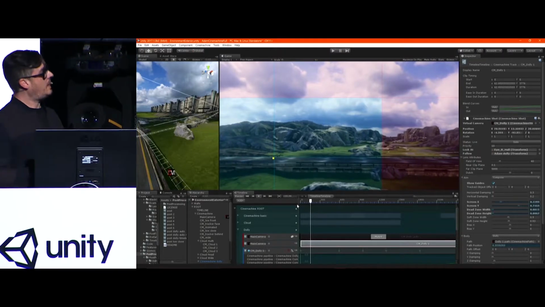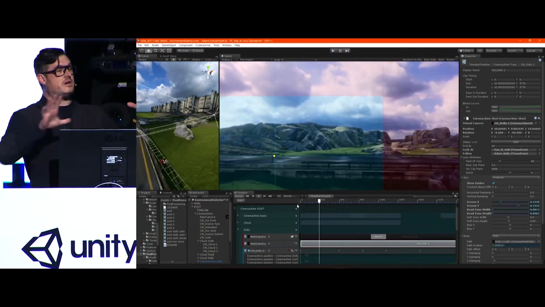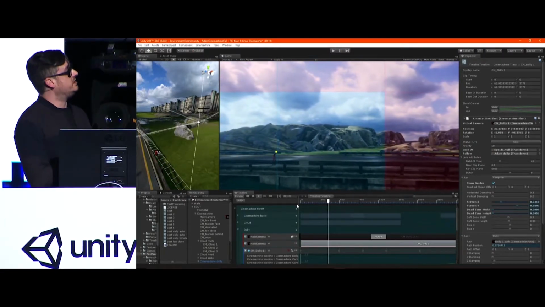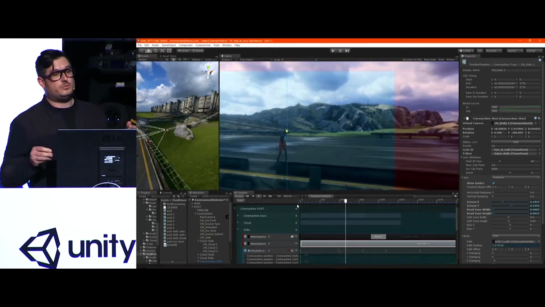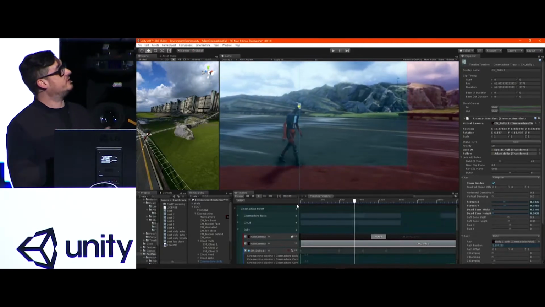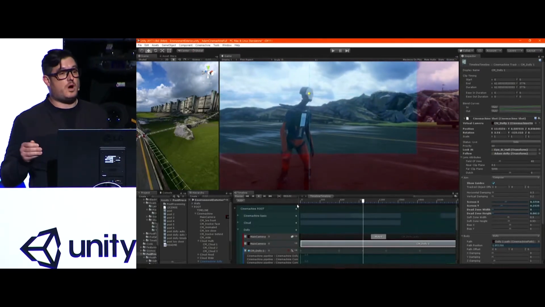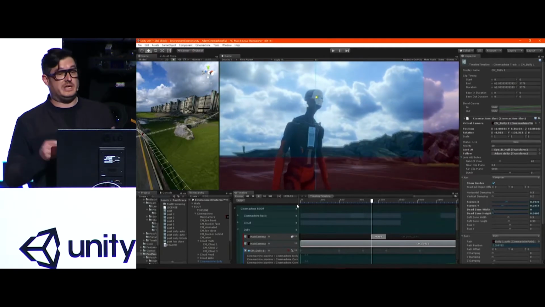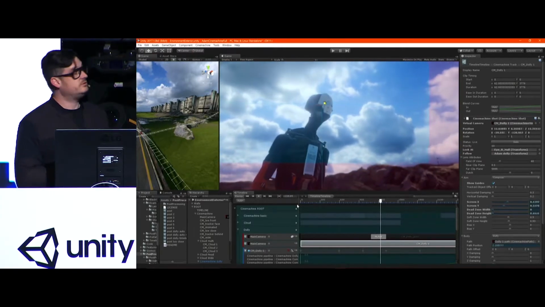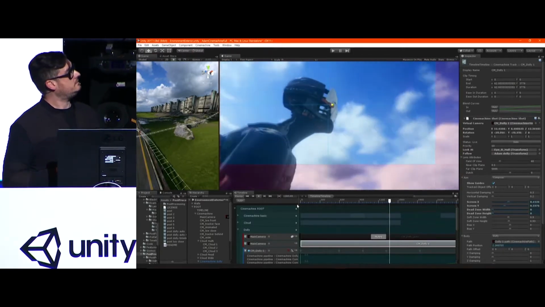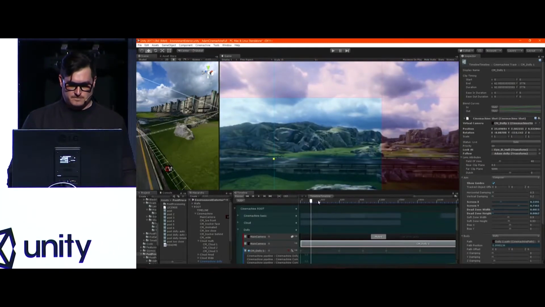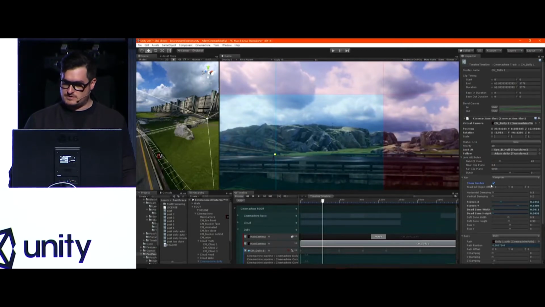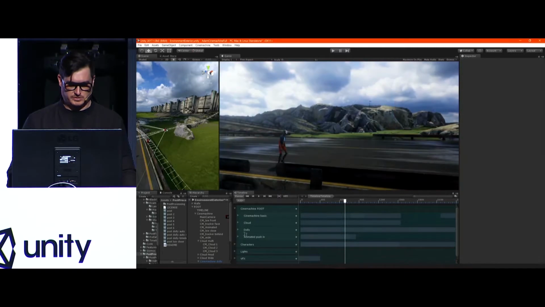And as this plays, timeline is driving the composition of Cinemachine. But what's crazy about this is we're still procedurally targeting the character. So if you were to walk faster or be a smaller guy, it would still work. So that is something that we are excited to get into your hands. Now, there's one more thing that I'd like to show you,